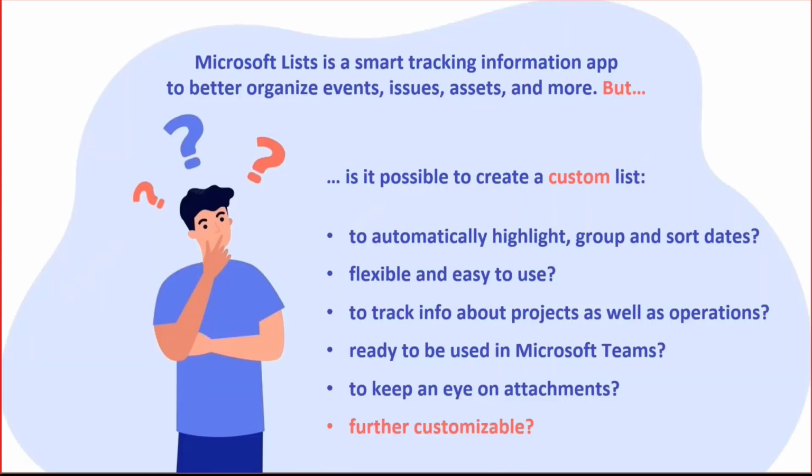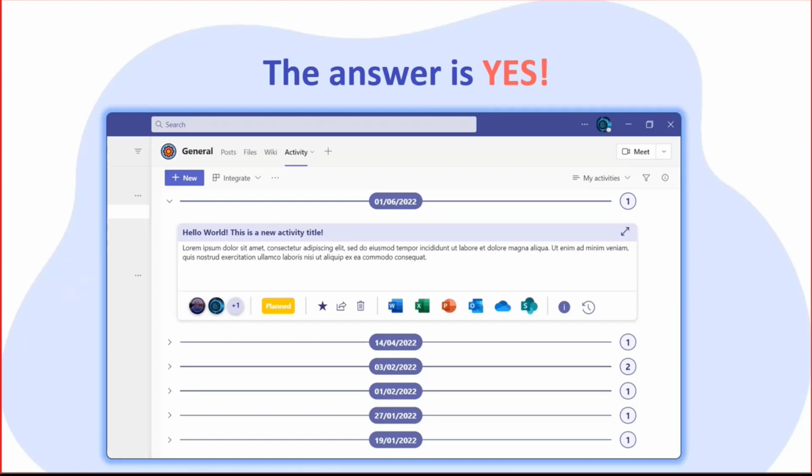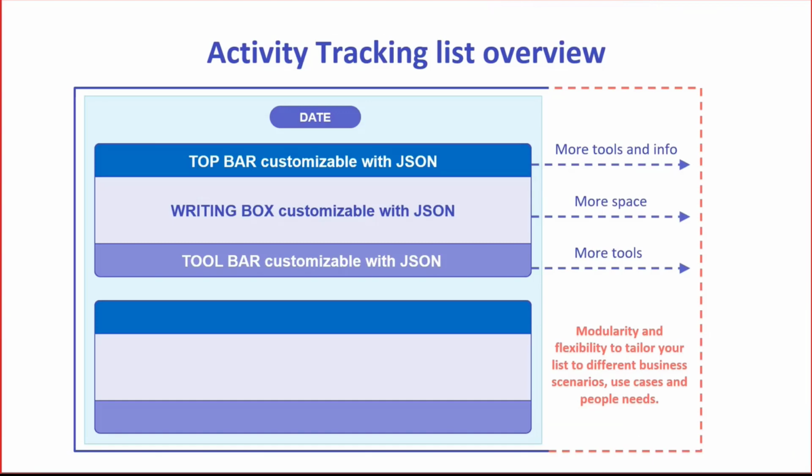because we know that Microsoft List is our smart tracking information map, and we can create a lot of things to track information, for example, tasks, activities, and so on. But in this case, if we are asked to create a list to, for example, highlight dates in group records by dates, if we need to keep an eye on attachments, and if we want other users to use this list as a template, is it possible to do this? Well, the answer is yes,